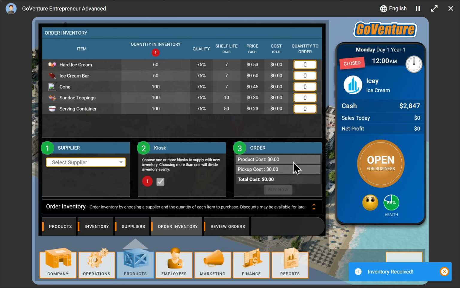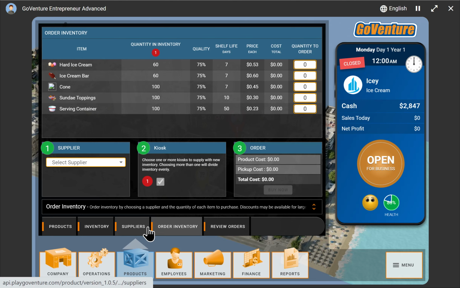All right, so we purchased our inventory, and our smartphone has appeared, which shows us we're Monday, day 1. So the simulation runs in simulated days. Each day takes about a minute or 2 to run. It takes about an hour to 2 hours to do a full month in business. And we can see how much cash we have available after all the expenses that we had to go through. And we can open for business if we want.